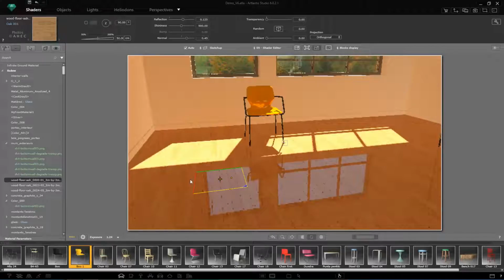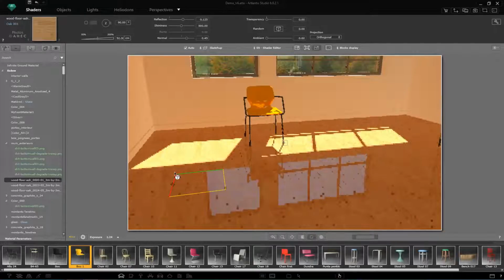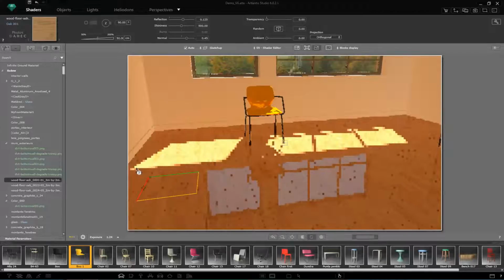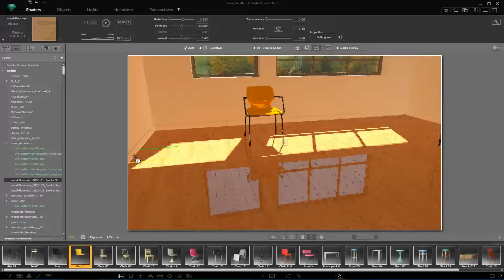The third possibility concerns these colored borders of the rectangles. It's possible to grab one of them. I'll grab the red one, for example, and now I can move the material with a fixed orientation given by the red axes. If I wish to align it to an edge of the wall, I simply hold down the Shift key on my keyboard while I'm grabbing it by one of the border lines and move that edge closer. It will automatically detect the edge and align parallel to it.